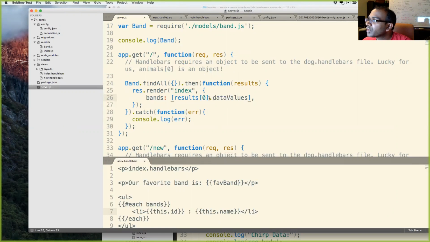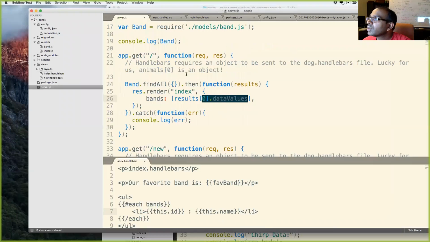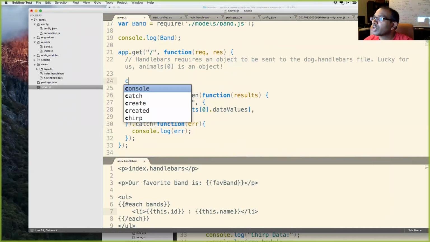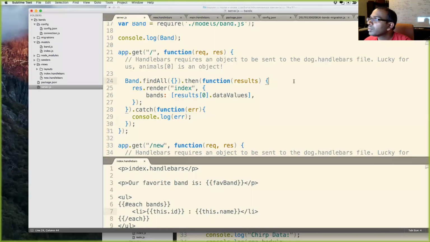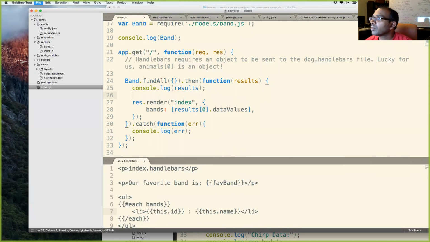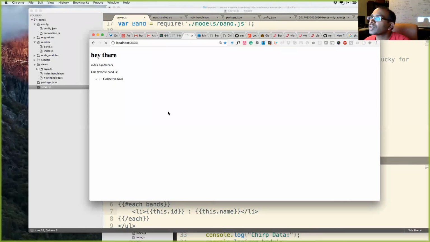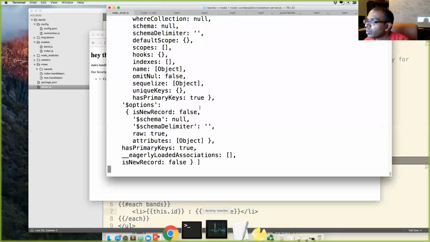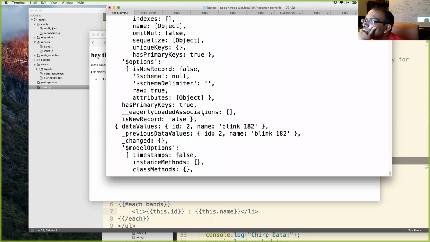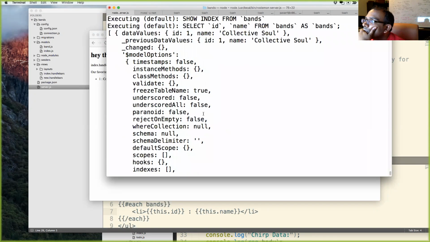We'll just do results. Looks like I took that part out. I'll do console.log and refresh this. Run this in the terminal. And we see this right here.